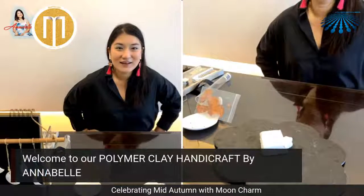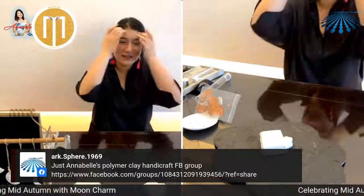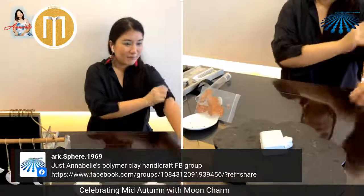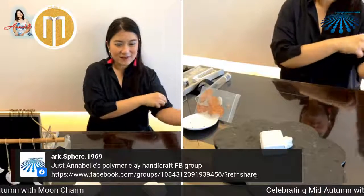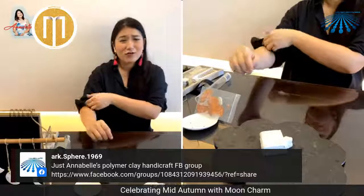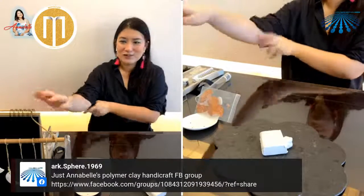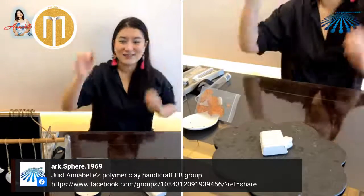So today, I will have the last installment for the Mid-Autumn Festival, and I will be doing some moon earrings. I'm making earrings, but I will teach you how to make the moon itself, and you can do a lot of things after learning how to make the moon. If you can see on this side, this one I have hanging here